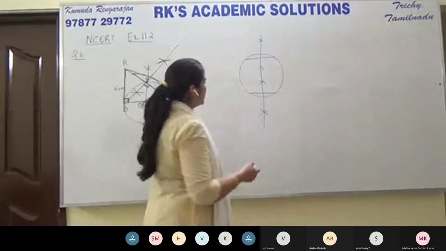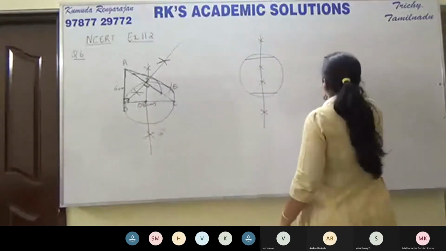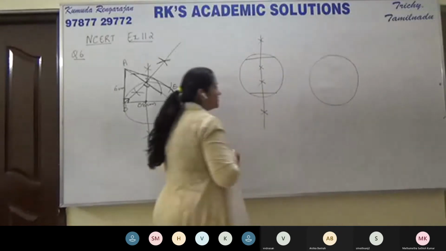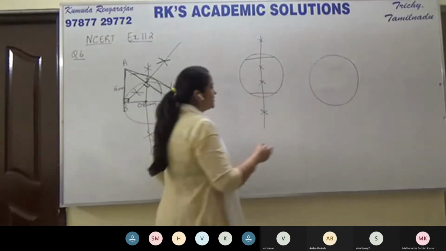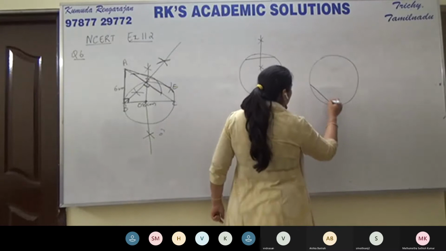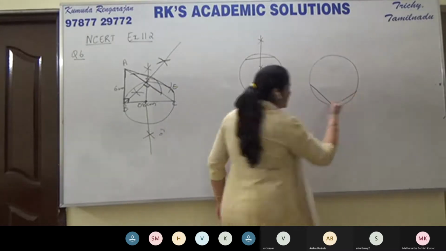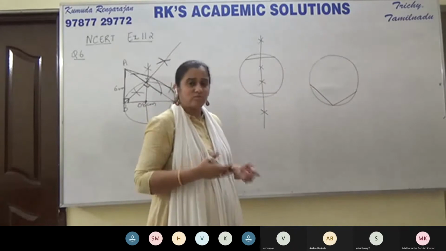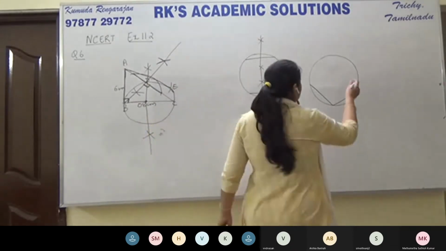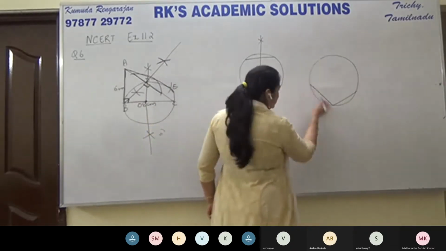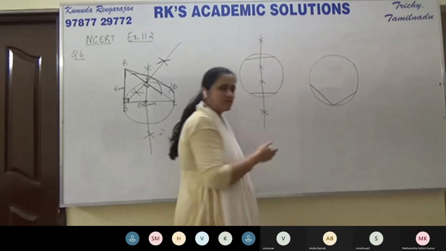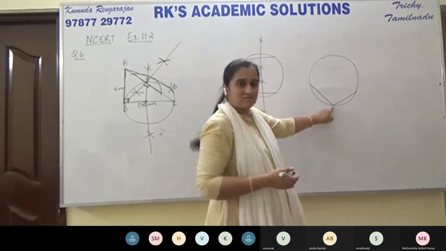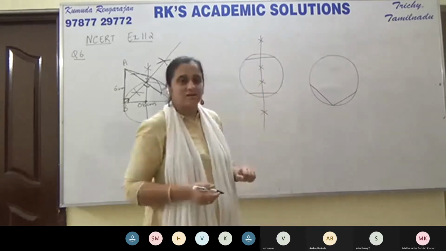I can't make it out. So what you have to do is, as Asha said, this circle is drawn using a circular object. So to be very safe, we take a chord like this and another chord like this. Now they are intersecting chords, so they can in no way be parallel. You can take this as one chord, this as the other chord. You're very sure that they are not parallel because they intersect here.